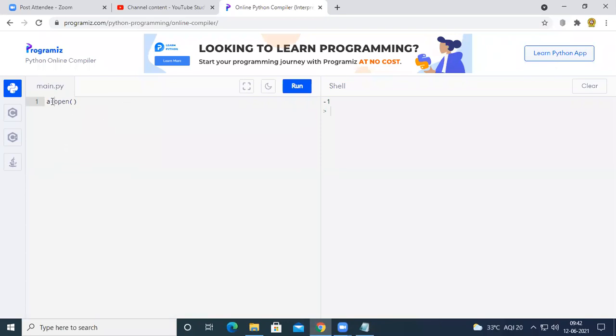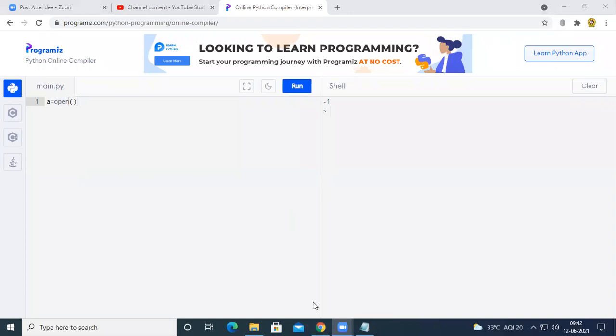Just calling this open function will never open a file. We have to tell the program which file we are trying to open, and what the mode of that file is. I will explain, don't worry. So in order to open a file, we write this open function in the program, and before it we maintain a variable.